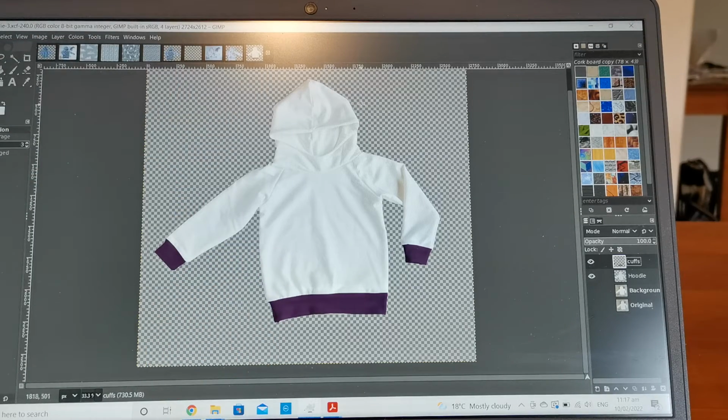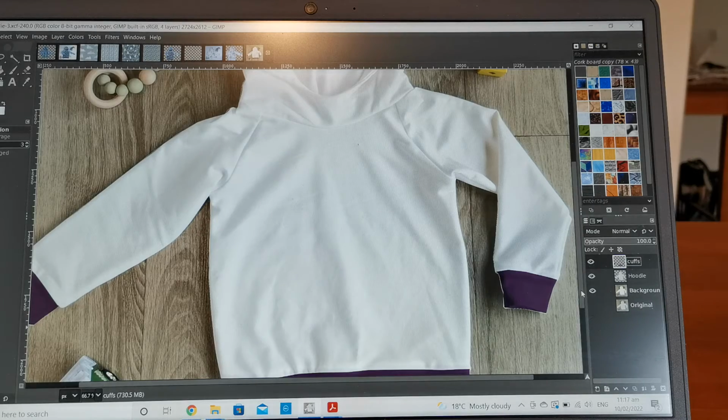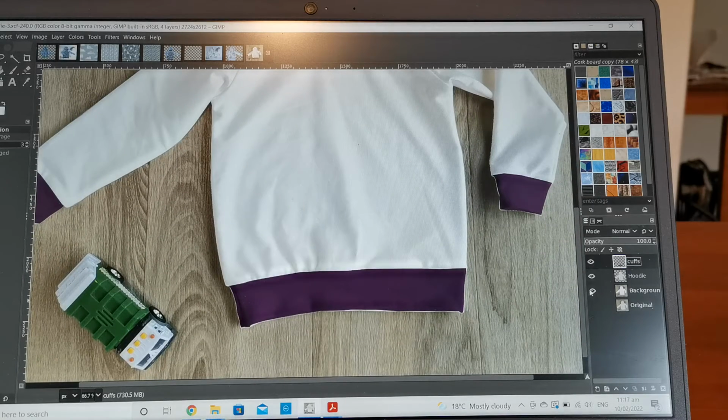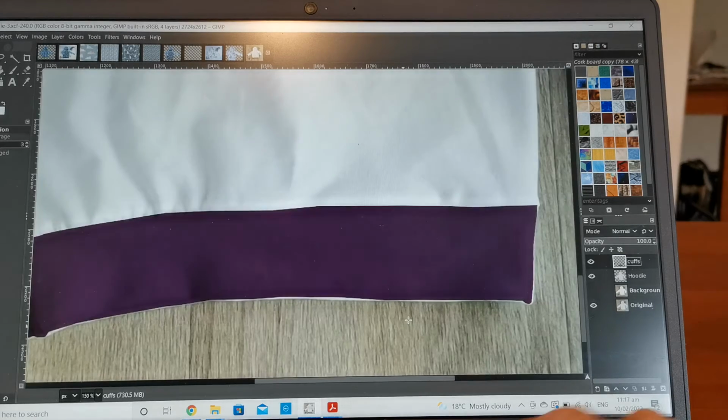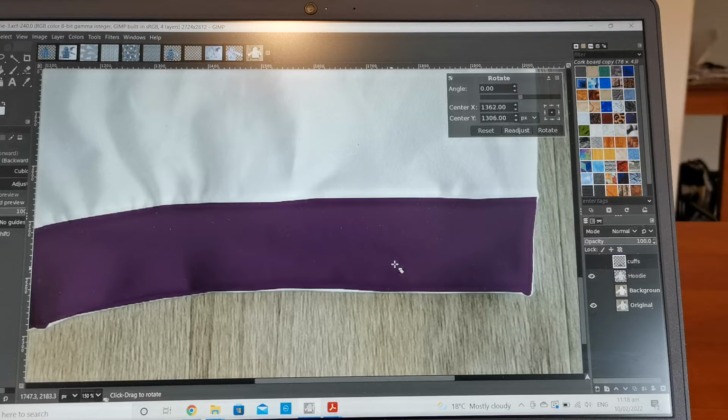At that point I could have also had this hood lining here showing, and you can see that if you bring it all back, you've suddenly got the hood a bit different. But because we've got this under hood here, if I get rid of that and just do this, you'll see there's a bit of a white line, and you tend to get that because you haven't been very accurate with your selecting originally. But you can fix that because you can go up here, clicking on your object, click on that,